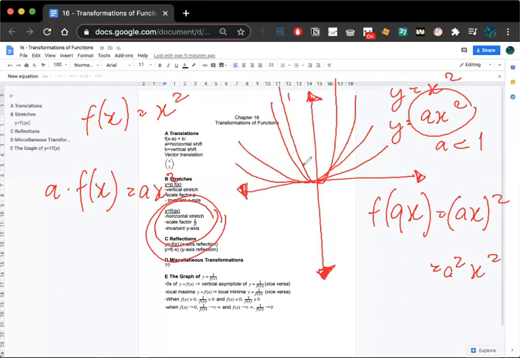Okay, so for this, you would have horizontal stretches, which is in the form of